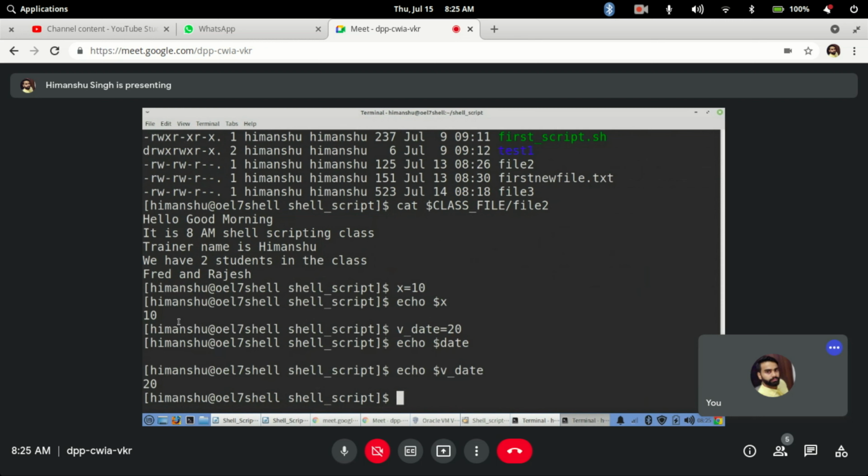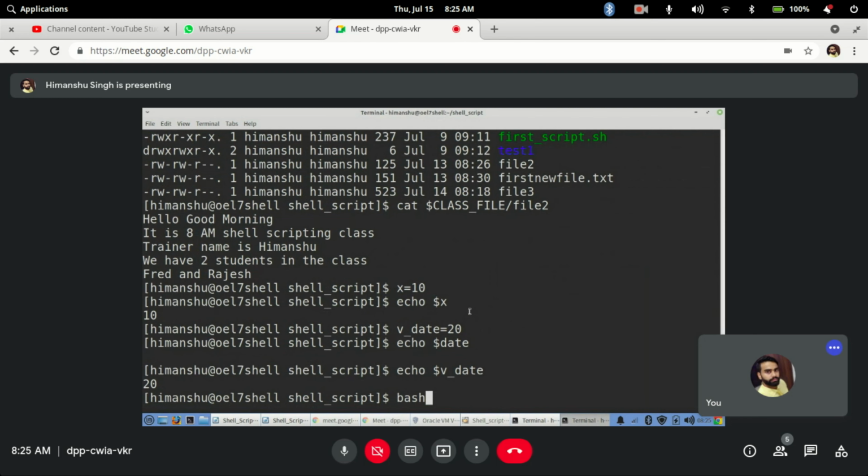These variables, x or v_date or class_file, are local variables. Let's say I open one more bash. To do that, I type bash and enter. In the same terminal it goes into a new bash shell.